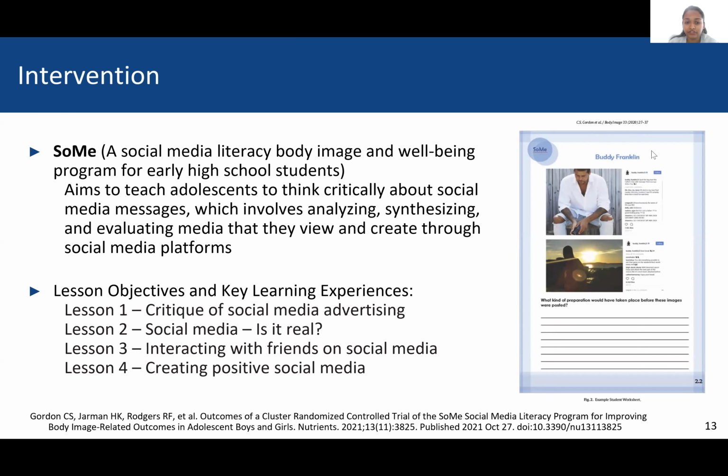Students actually considered realism in social media, developed strategies to respond to negative feedback, explored how social media can be used to bring about positive social change, and most importantly, they also reflected on and actually practiced how to present their real selves in social media with little emphasis on appearance.